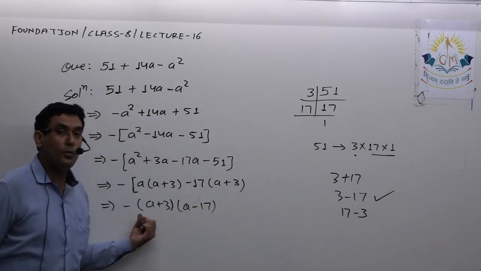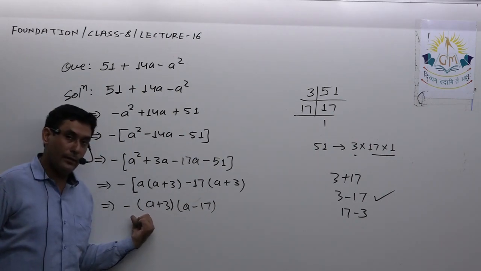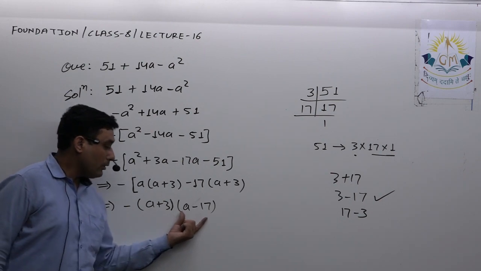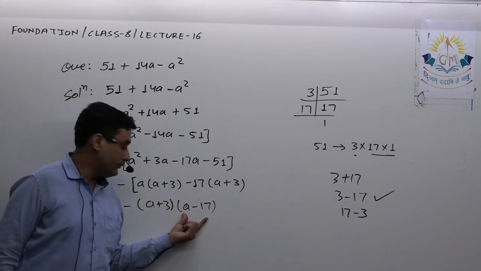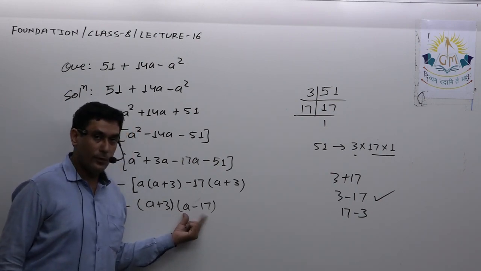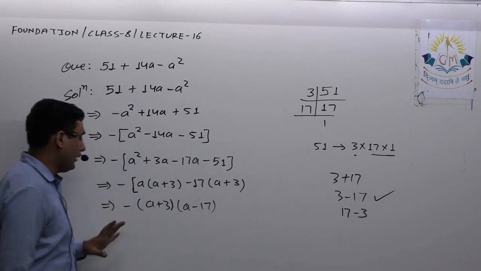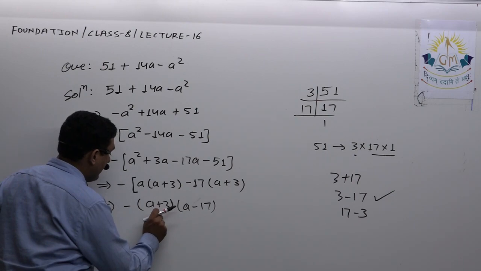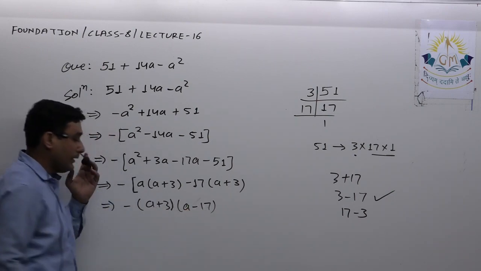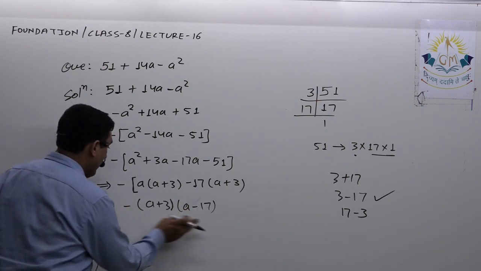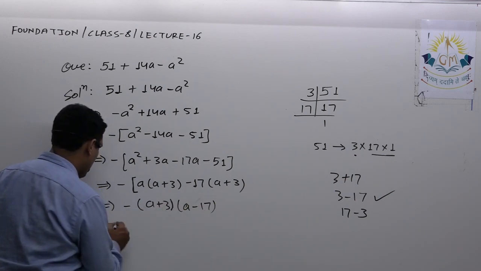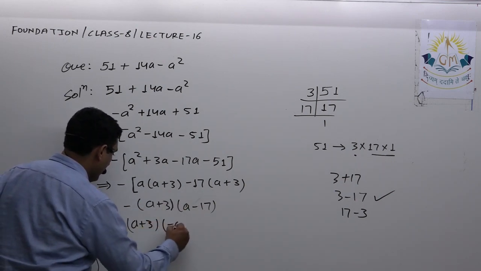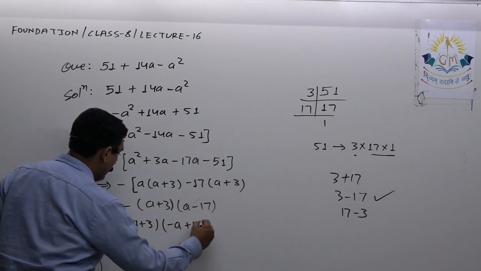Now as I told you, we generally do not keep minus sign in this way. Also whenever there is a term in which the signs are opposite, then definitely we do not keep minus sign outside. So now I also told you this, either I multiply here or over here, it's the same thing. So here I will multiply with minus sign over here. So this gives me a plus 3. Here it will become minus a plus 17.